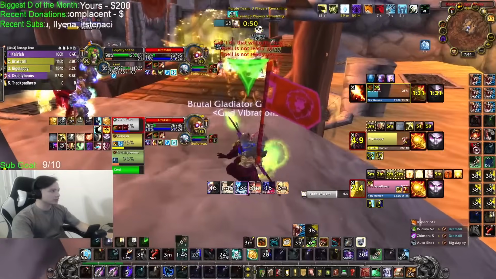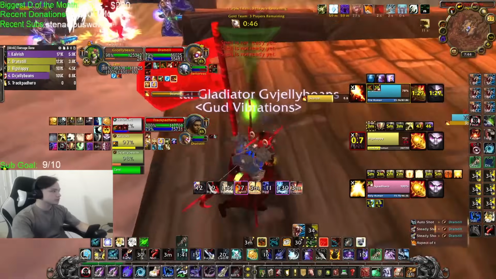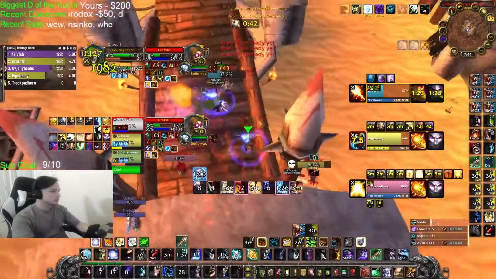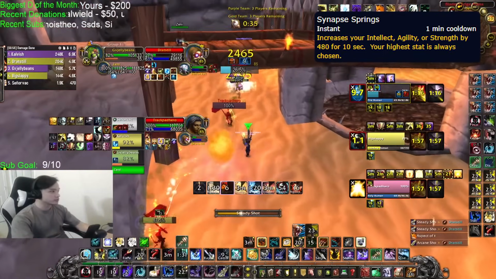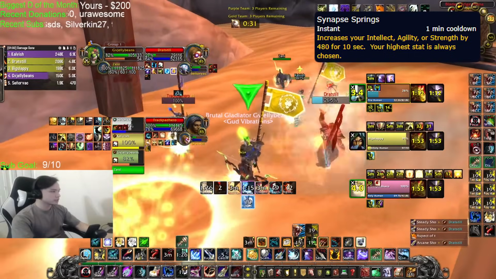I went engineering because I already had it leveled from Wrath of the Lich King, and it can be quite pricey to level a new profession from scratch. But also, at the beginning of the season, engineering offers two things. It offers Synapse Springs, which is this glove enchant that increases your main stat by 480. It's only on a minute cooldown, so that's pretty good to rotate with an on-use trinket and constantly have damage